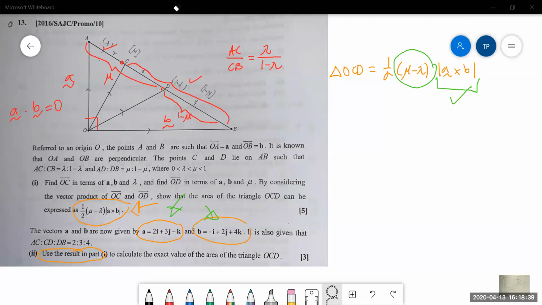Okay, let's take a look. So AC is 2, CD is 3, and DB is 4. Cool. So what else do we know? What is the setter's intention? This one looks like some form of simultaneous equation. So we know that lambda,